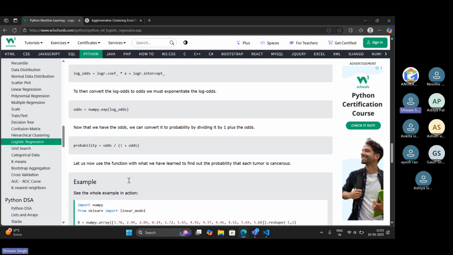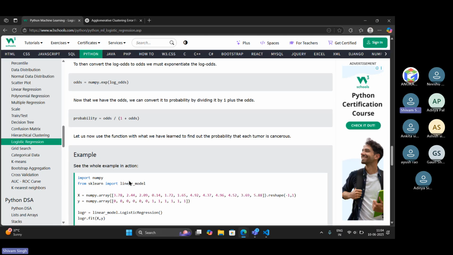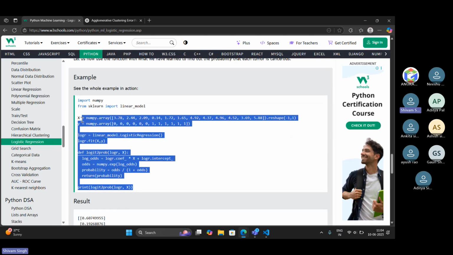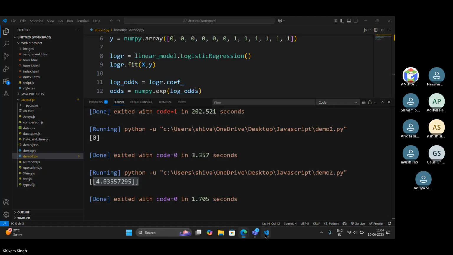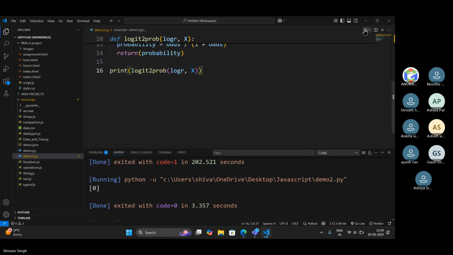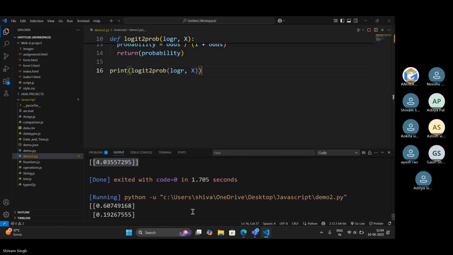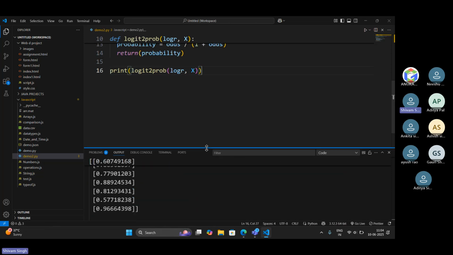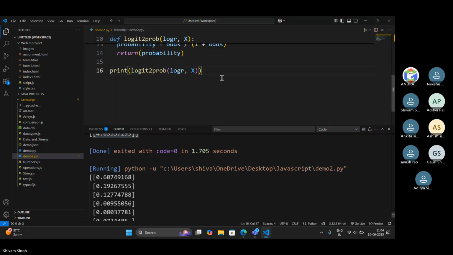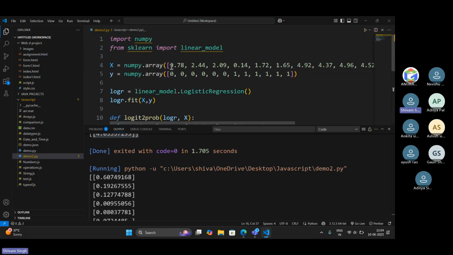Let us now use the function with what we have learned to find out the probability that each tumor is cancerous. So let's see what we get as output. You can see the output, the data we have fetched, given here.